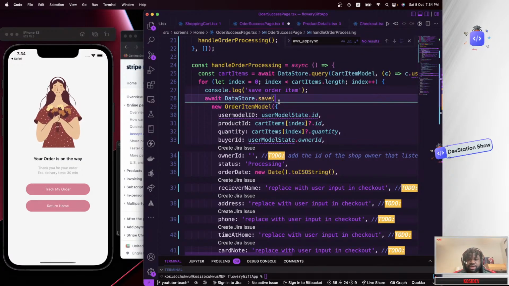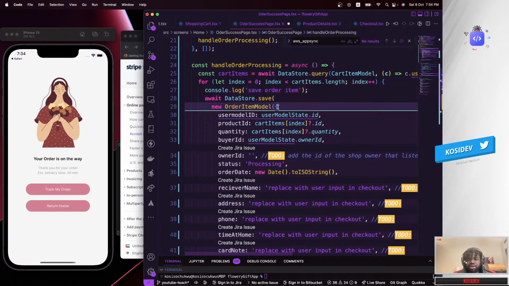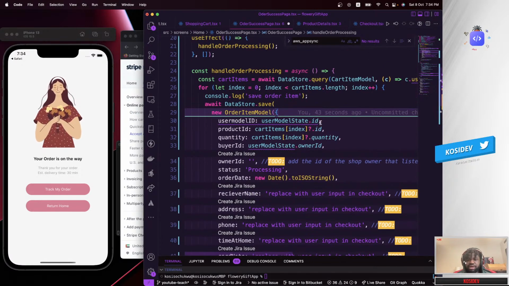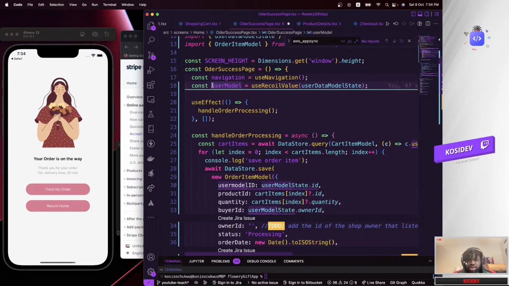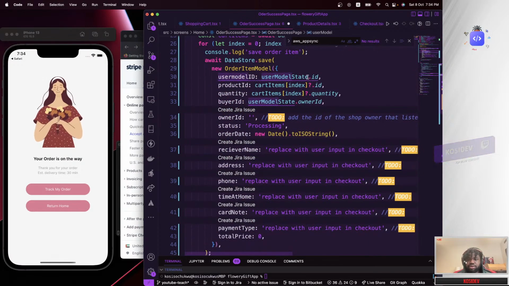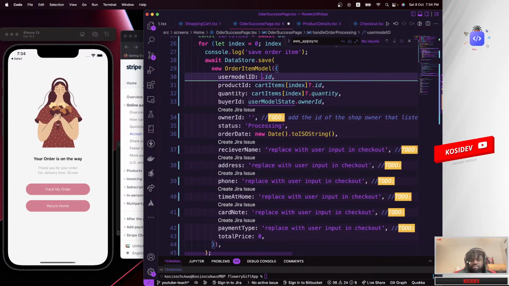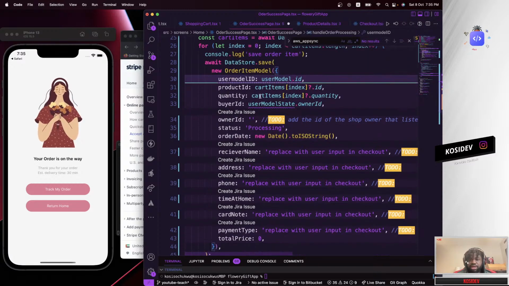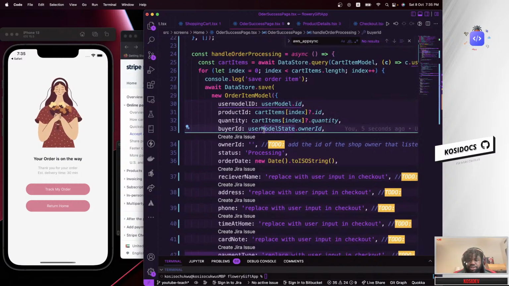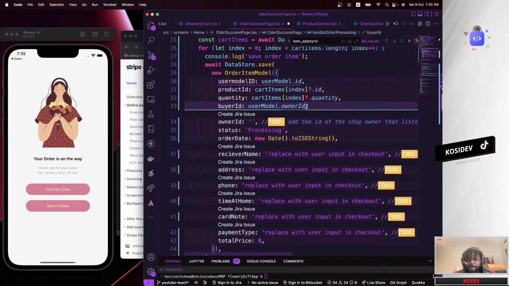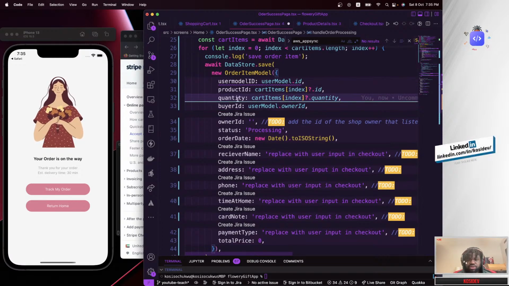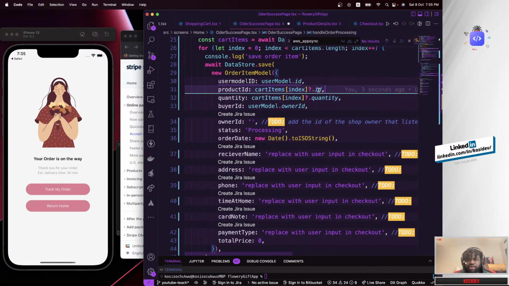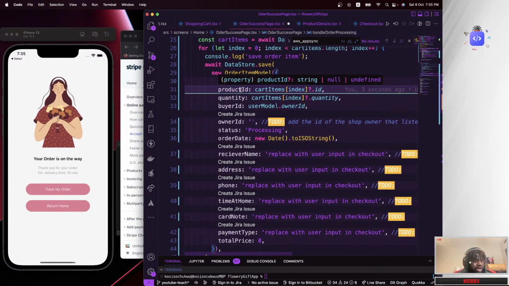So data store.save order item model, and in here we're passing a user model. So this should be user model and not user model state. There we go. User model ID, and then buyer ID, so basically who is buying it, which is the current user, which is me at this moment. Then we have the quantity of the items, and the ID of that particular item.